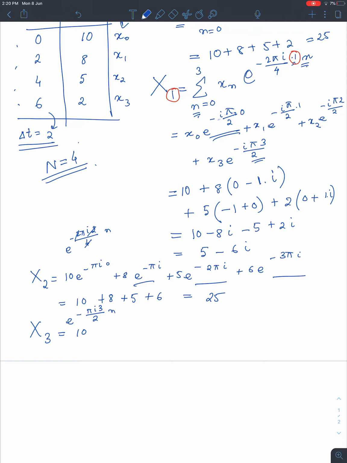So that is 10 again e to the power 0 plus 8 e to the power minus 3 pi i by 2 plus 5 e to the power minus 3 pi i plus 6 e to the power minus 9 pi i by 2. So this is basically giving us